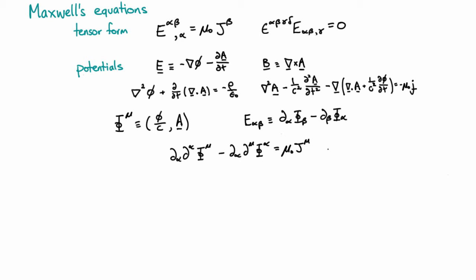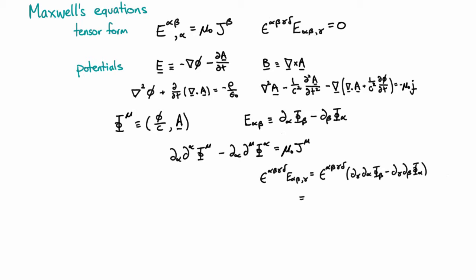Okay, so we want to show that this version of Maxwell's equation in terms of the four potentials is exactly equivalent to these two Maxwell's equations in terms of the electromagnetic tensor. So let's do this one first, and we expand out our definition of our tensor. So we're summing over alpha, beta, and gamma, and this term in here is symmetric in terms of gamma and